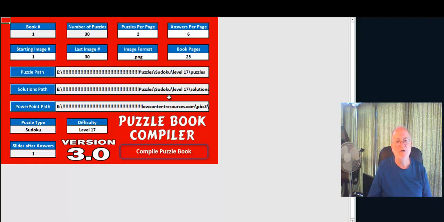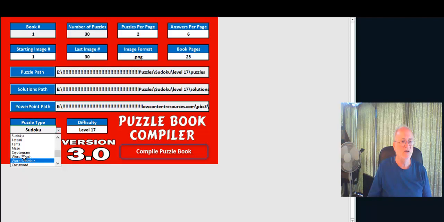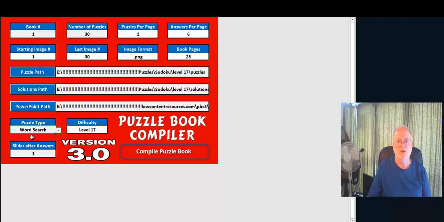So now down here we have all the Sudoku puzzles, so we make sure that the puzzle type is selected as Sudoku. If you change these, the compiler is not going to turn around and create word search puzzles for you. All this does here is put the actual name on the printed template or on the slide, so when you print it out it has Sudoku number 1, Sudoku number 2, Sudoku whatever. So if you're going to use a word search, then you must have word search puzzles in the puzzle and solutions path, okay? This is just a real easy way of making sure